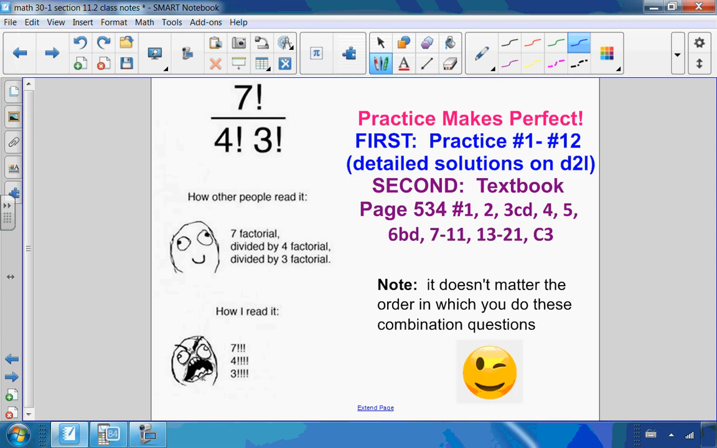So if you look at this, I like this little rage cartoon here. So I read it as 7 factorial over 4 factorial, 3 factorial. How other people read it, angry voice because it's an exclamation, 7, 4, 3,